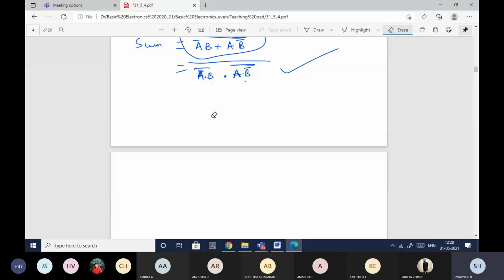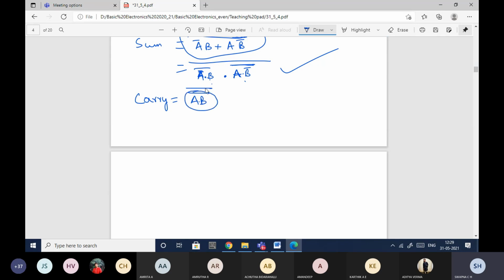Okay, so some I will be able to implement. In the same way, I need to get the carry equation also. So carry is nothing but AB. The required form is it should have A dot B whole bar form, with the dot and the whole bar. Here I have dot, but I don't have whole bar. But I cannot just take a single bar; it will change the meaning. So I need to take double bar. So A dot B whole bar can be implemented.